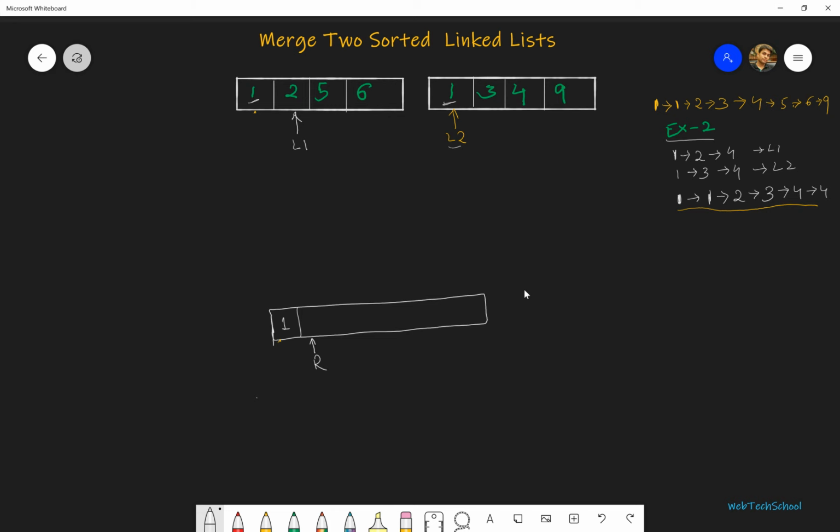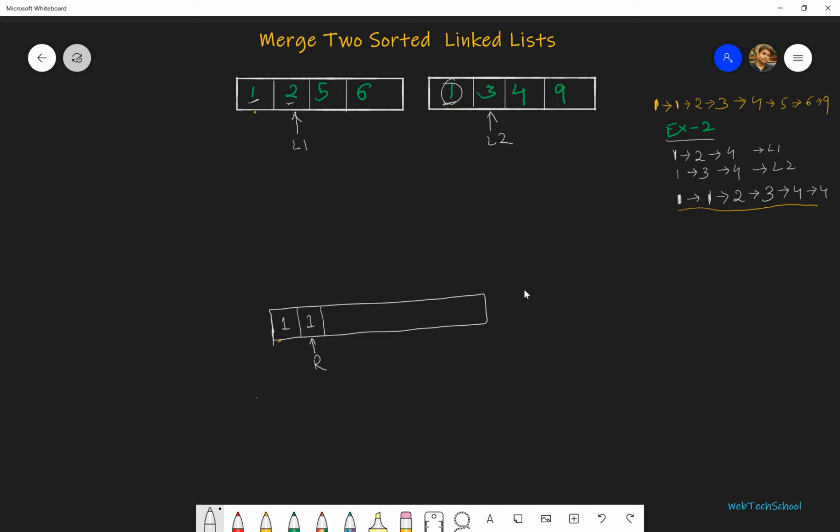Okay. Now we'll check between L1 dot data and L2 dot data, which one is smaller? 1 is smaller. So we'll move 1 to the result list and update the L2 reference to L2 dot next. Now L2 should point to L2 dot next.